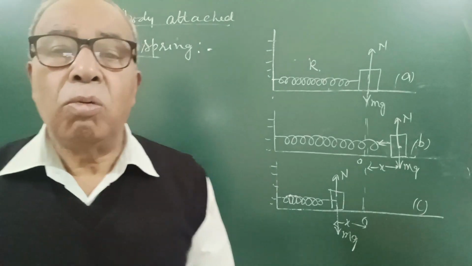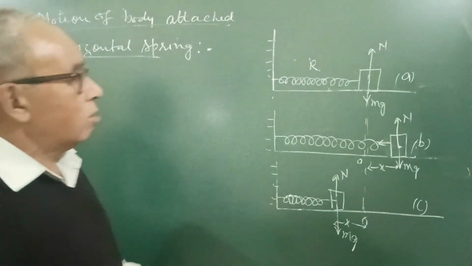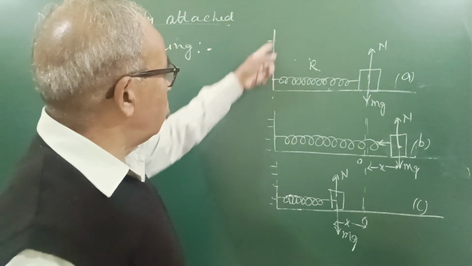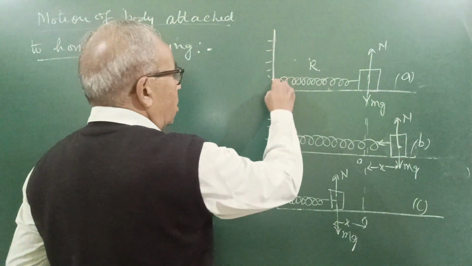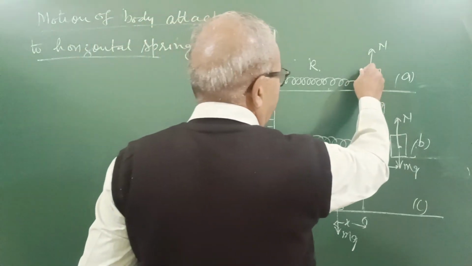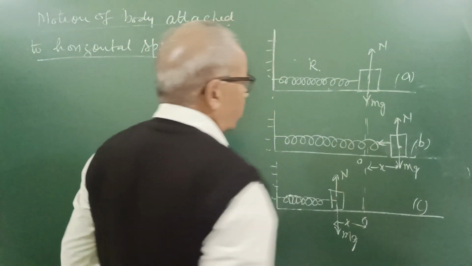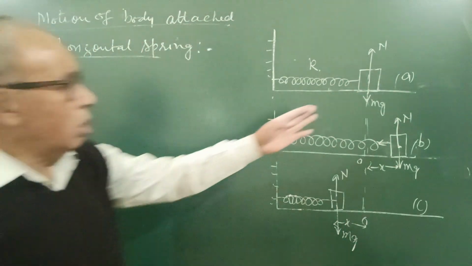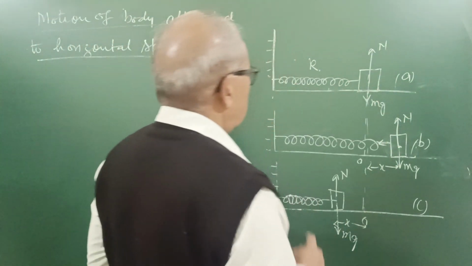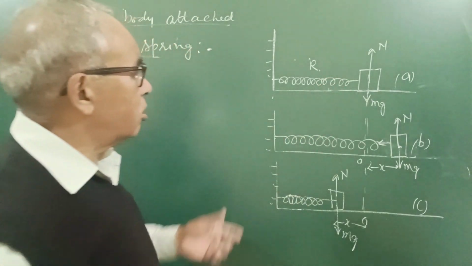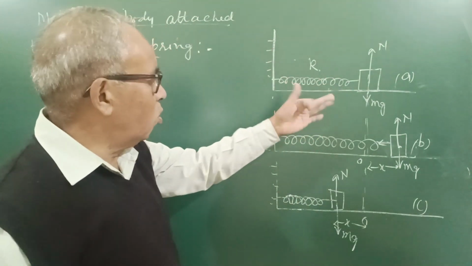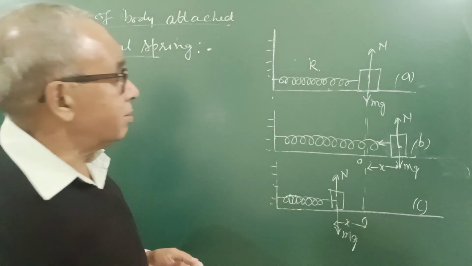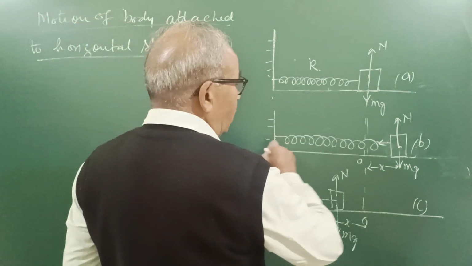Figure A shows an ideal spring attached to a rigid support, and to the other end we have connected a mass M placed in equilibrium condition here. The spring is just taut; it is at its natural length. Now if we stretch it